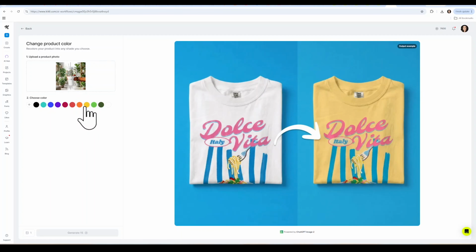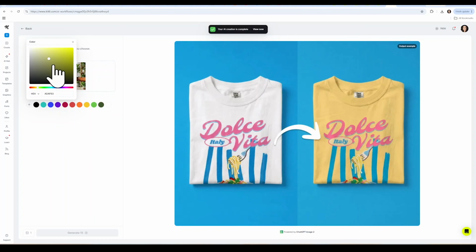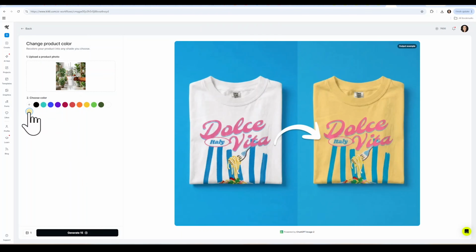There's a color palette available, but if you don't see the exact color you need, simply click the plus icon. From there, you can create a custom color that matches the products you have in your inventory. I'm going to create a soft yellow color because it will make the design stand out nicely.